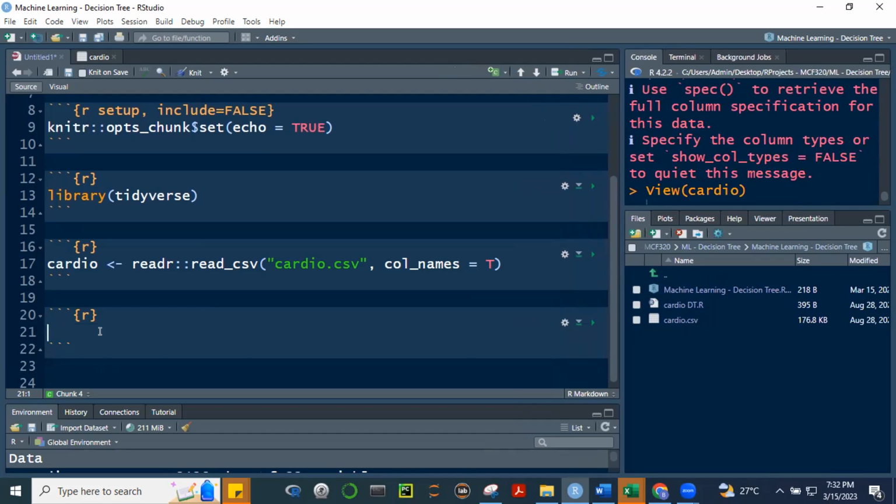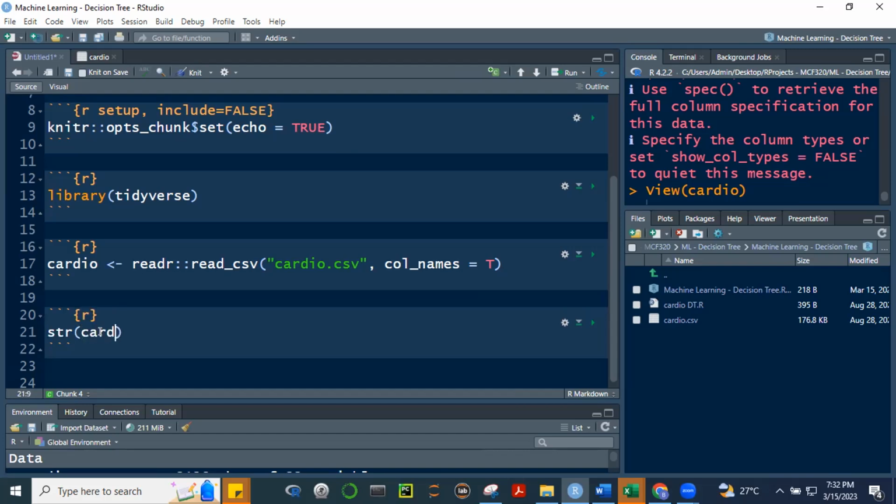You are now empowered kasi naintindihan nyo na no? Medyo comfortable na kayo navigating through R. So when you try to learn multiple linear regression in R, it will be very easy kasi what we have been learning are more difficult than the ordinary least squares method. Simple lang yun.